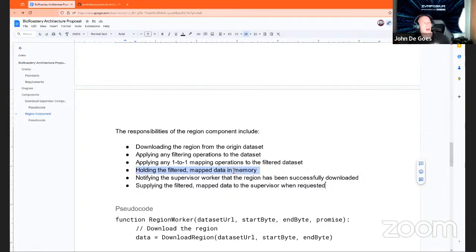Consider that example of a 50 gigabyte data set. Let's say you have 100 workers created to deal with that. Then that's 500 megabytes per worker that is being kept in memory. And that's assuming you're not compressing it in some fashion. I don't know how well these data sets compress,